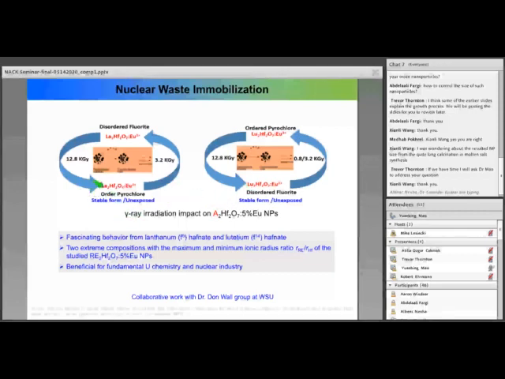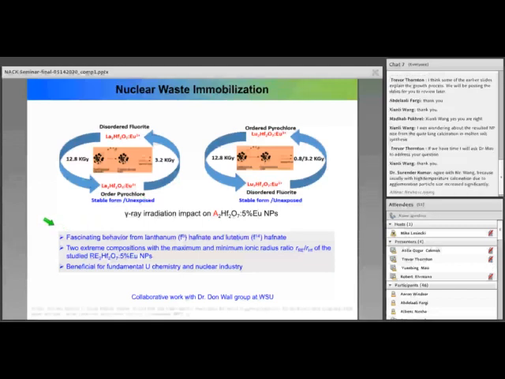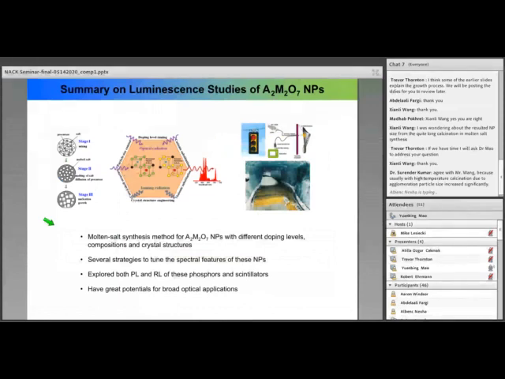The important thing with these two compositions is that these are the two extremes. Lanthanum 3 plus is F0, lutetium 3 plus is F14, and because of that difference, they show quite different changes when we irradiate our samples with gamma rays at different doses, but eventually they get back to the original structure. So that's a very, very interesting observation. To summarize this part,